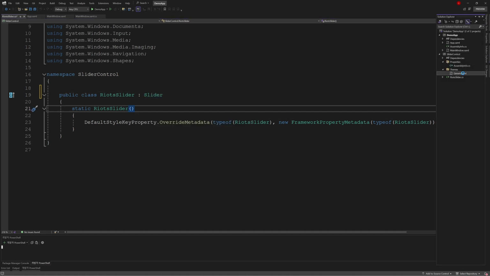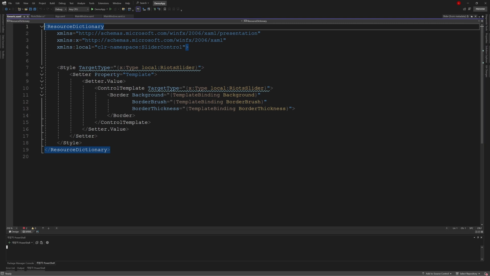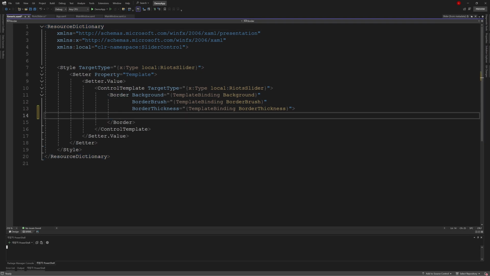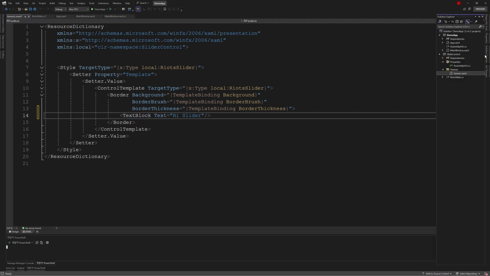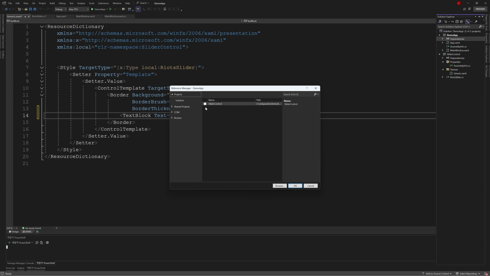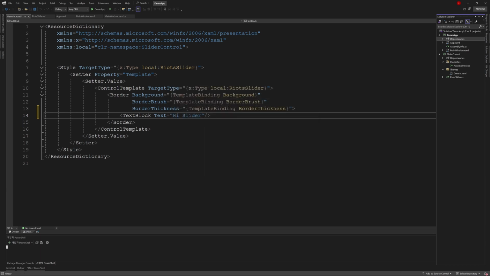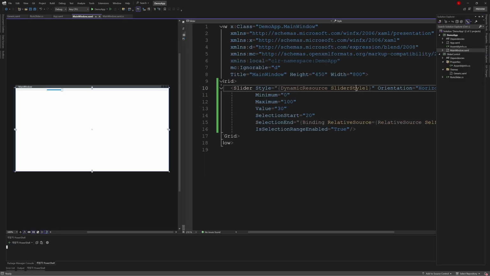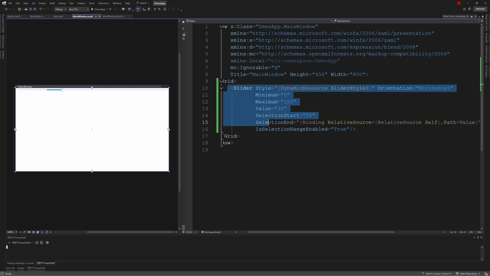Then moving on to Generic, here we add a test block to test it out. And before running, we need to add this project reference. Also, we can delete the original content in MainWindow.